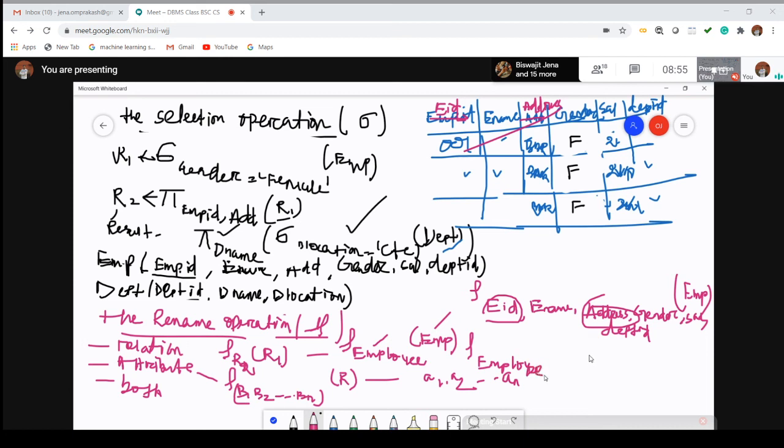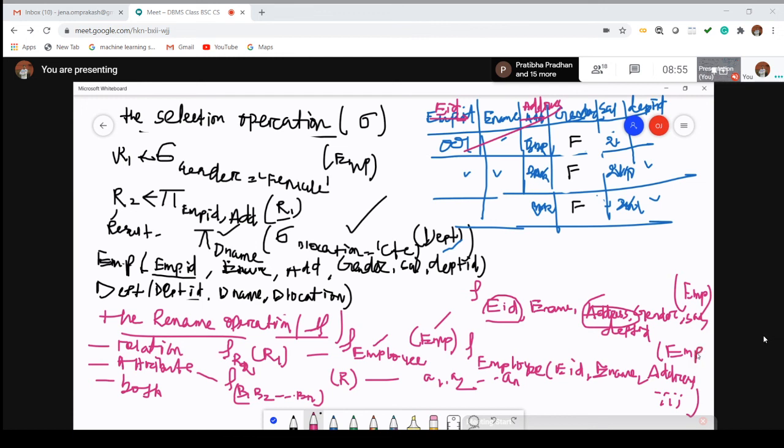Within brackets, which attributes are to be renamed: EID, ename remains the same, ADD is converted to address, and you have to write all other values over here separated with commas. From which table? From EMP. I have to rename both the relation as well as the columns.